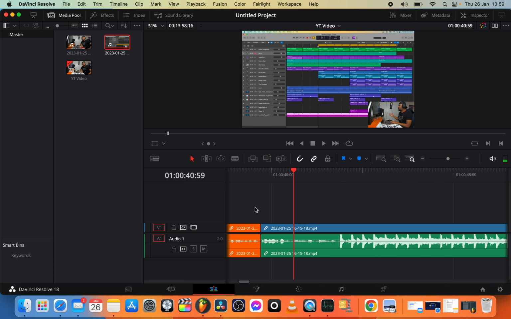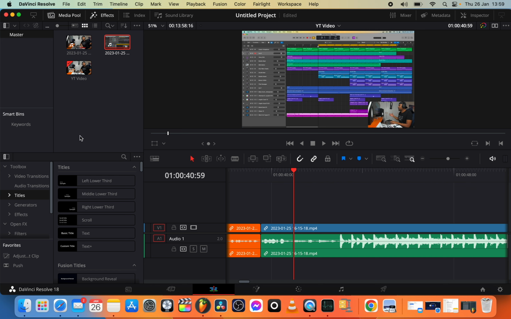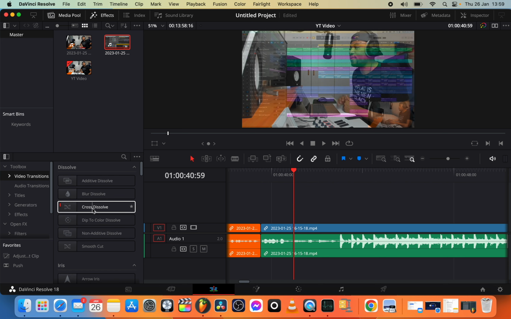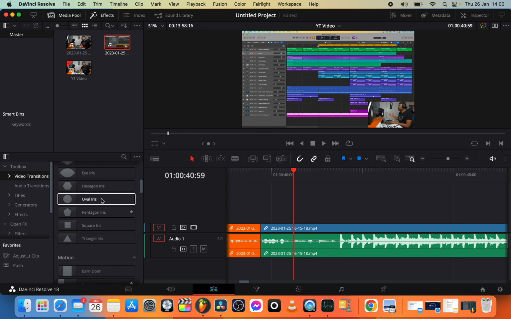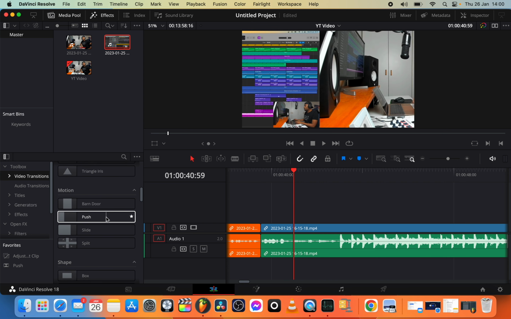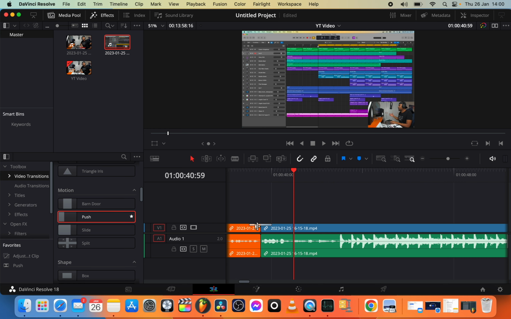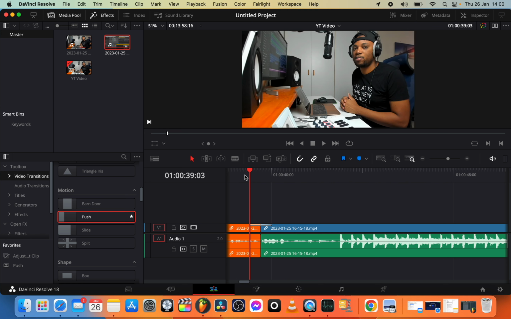so that it comes from the intro like this, just like that. If you want to add a transition, you can also throw in a transition. What you want to do is come to effects, then video transitions, and you can throw on the transition if you want to. There are different transitions in here that you can see over here. If I want to add a push, I can just drag on a push right here, and if I play it back, you can see